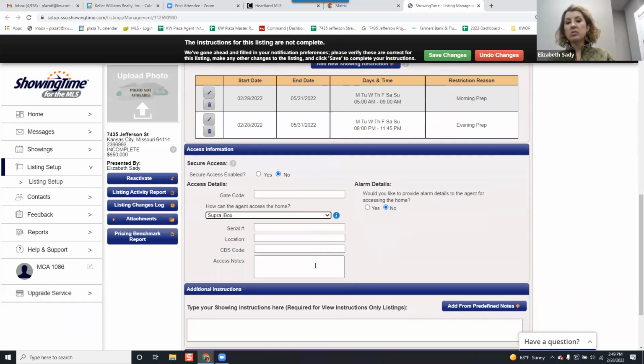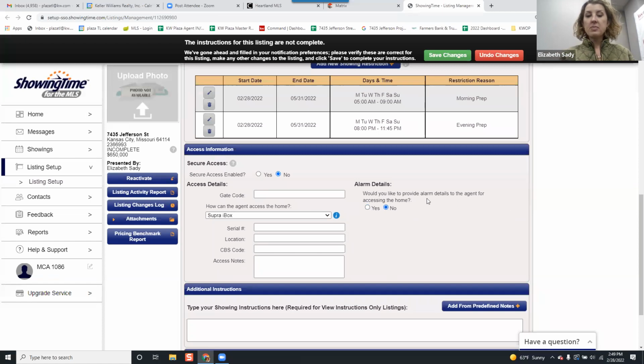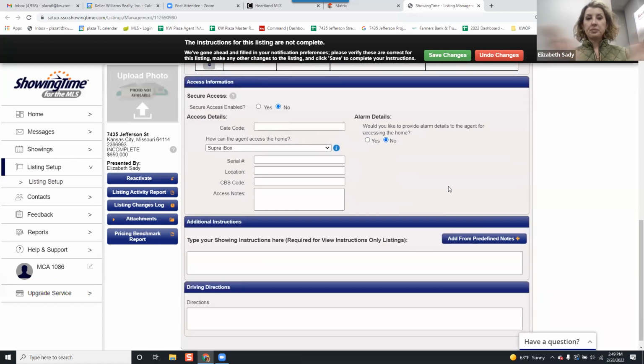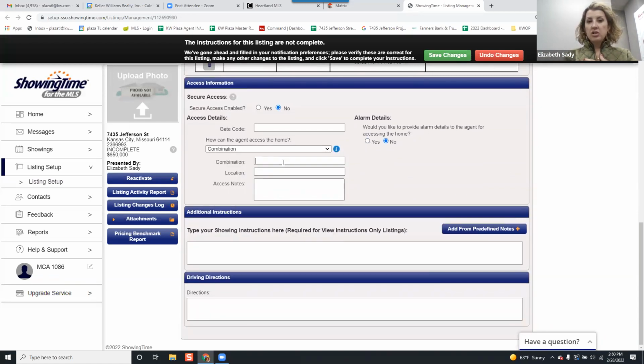And then sometimes you'll put a location on their front door. You put it on the handrail of the stairs, it'd be good to select that. If you have alarm information, you would select yes for alarm information and put that information in here. Again, think about using that at your client's comfort level, but that's made some really good fun stories sometimes. If you're doing a combo box, you're going to want to then enter the combination here so